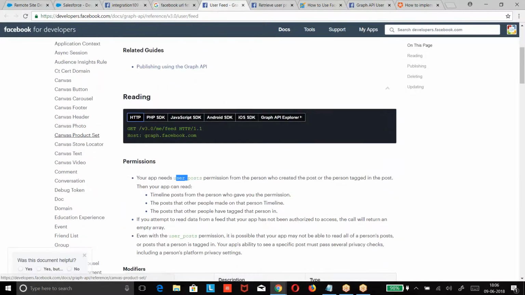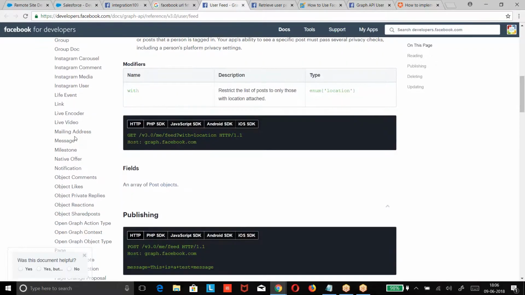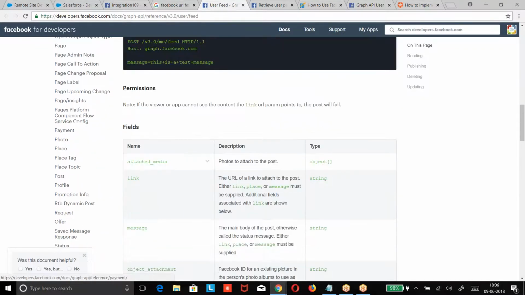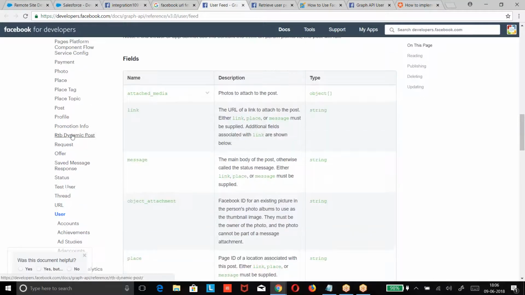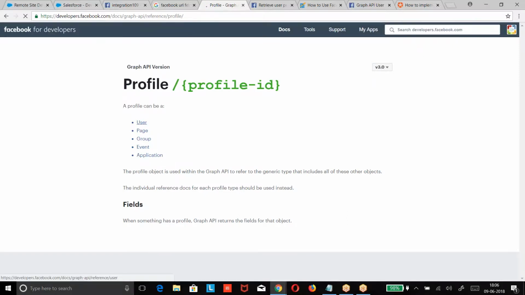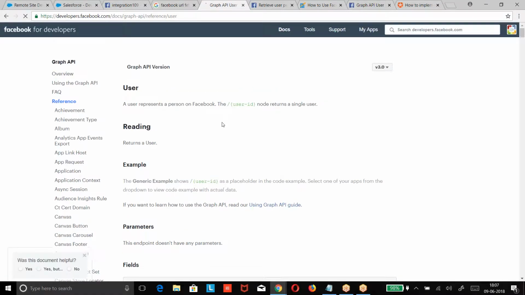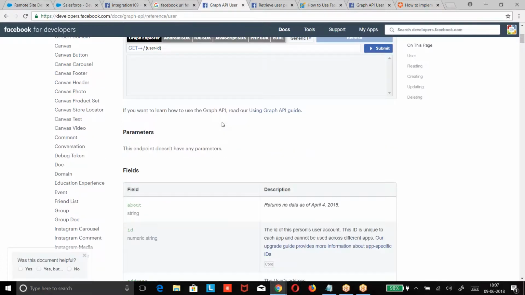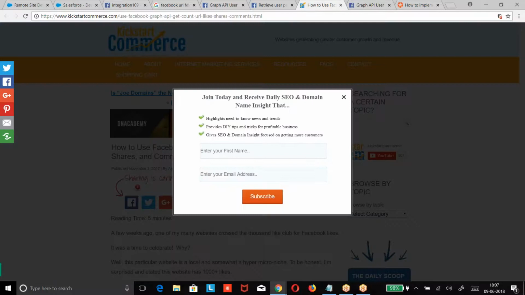Out of these, basically, I want to get my basic data. Profile. Graph API slash profile ID. Okay, let me make it. Let me check whether it works or not.